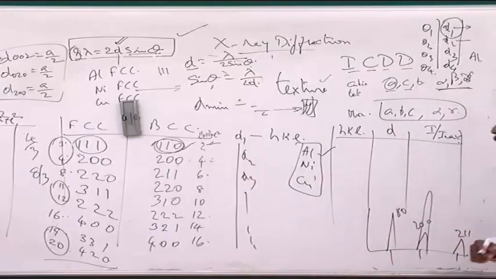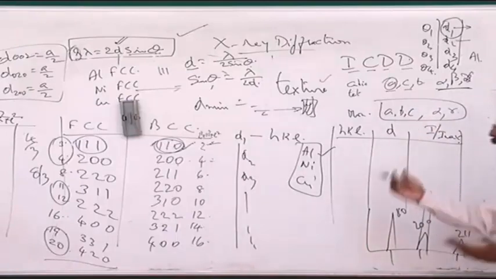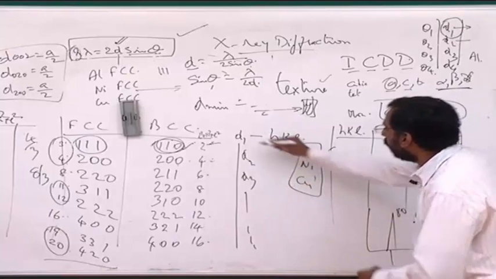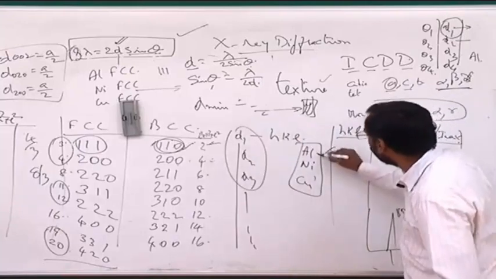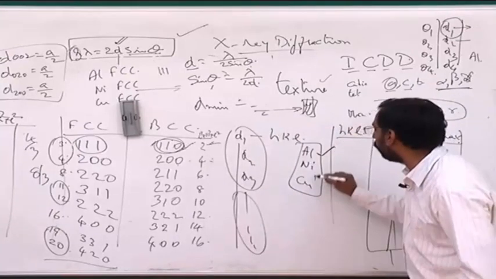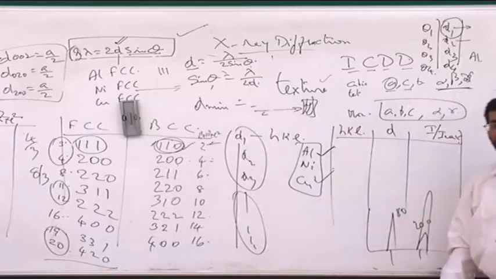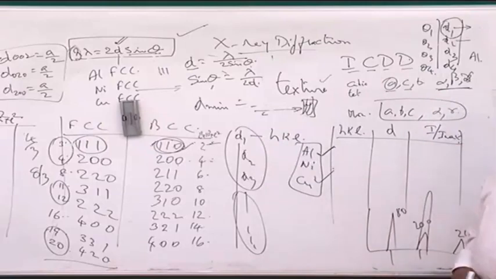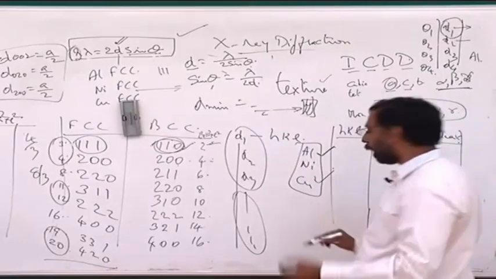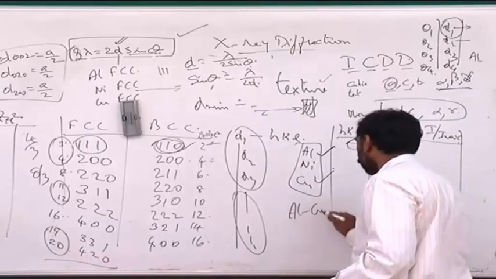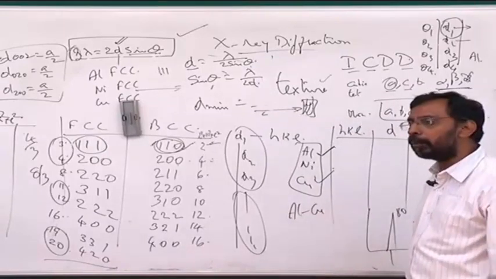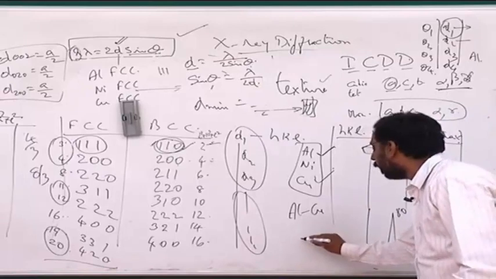Sometimes it may so happen that your material is not a single phase, but a mixture of different phases. So it tries to tell you that these particular peaks are fitting with this, whereas these particular peaks are fitting with this, and things like that. So that you will be able to know which peaks are fitting with what. And from that I can find out, for example, if I have an aluminum copper alloy, what am I supposed to get in an aluminum copper alloy? I am supposed to get a mixture.